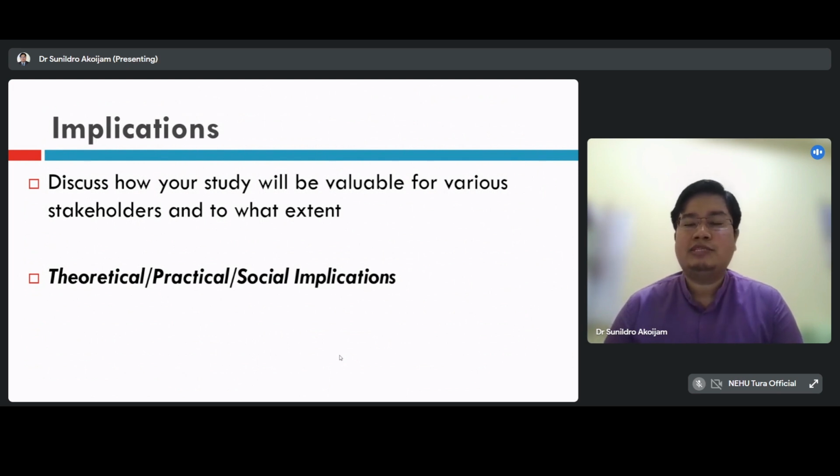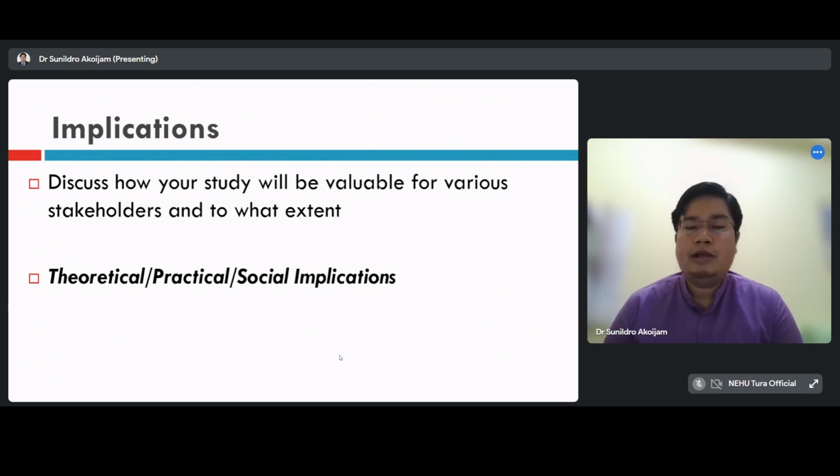Last but not the least, you see social implications. A particular research is conducted with the basic purpose of fulfilling a certain objective, but that research should bring some benefits to society as well. Okay, so in the social implications, you have to tell how your research or findings will benefit society at large. Society is an integral part of your research also, indirectly or directly. Researchers are using the resources of society. So society also expects that they should get something in return.